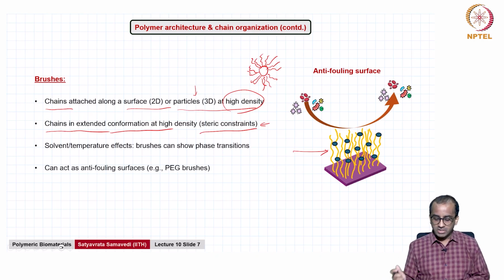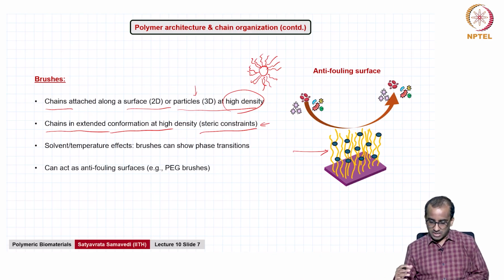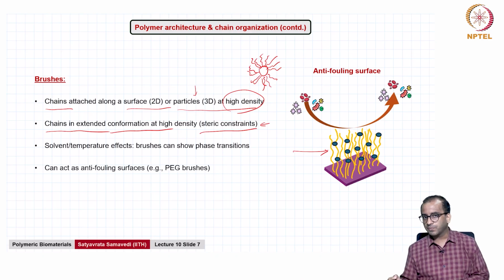Now, what's interesting about these brushes is that tethering can be done, depending on the surface and the particle chemistry, through covalent grafting or other types of grafting like ionic, and that depends on the type of surface or type of particle that you have. And grafting can be used to change a whole host of properties of the base material. You can change adhesion properties,